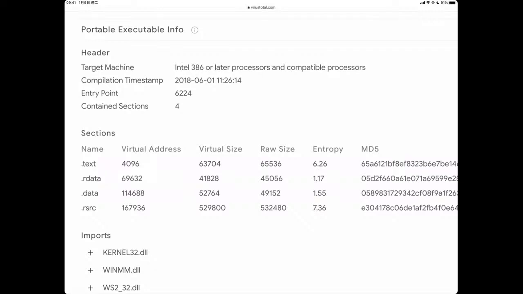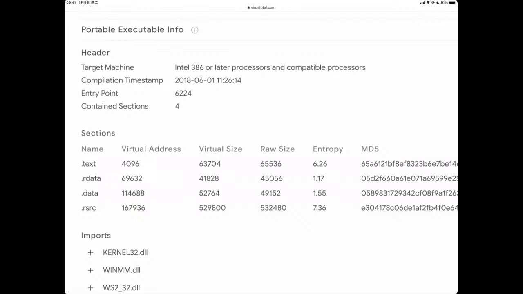Those for loops, those if-else conditions, your statements, your assignments, your functions, all those things will be compiled into assembly and put into this section called text. The size is 65536 bytes. Usually those are in bytes.